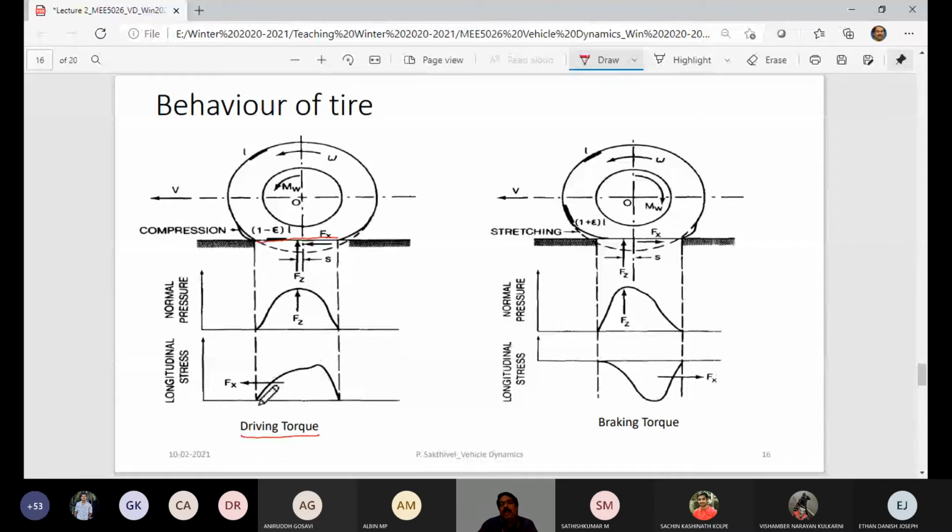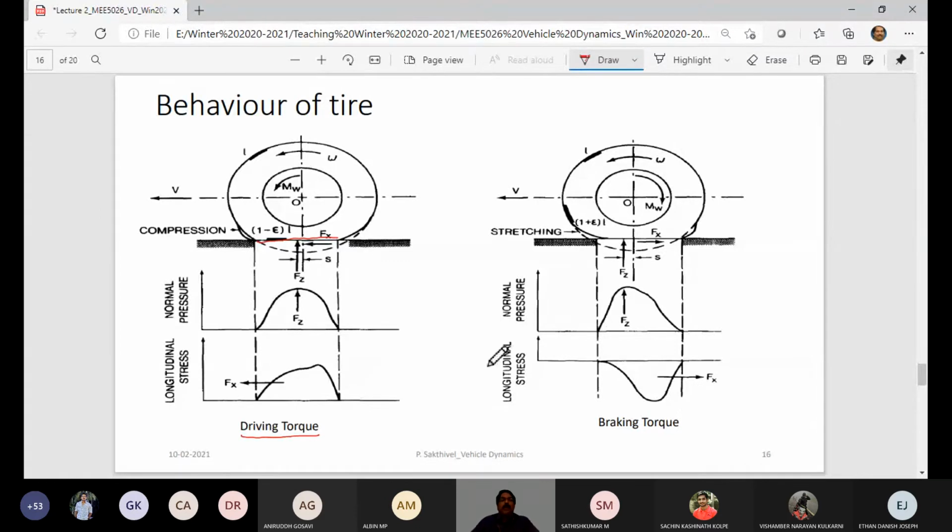The same applies on the other hand when you apply braking torque; you have all these terms defined just now. And the normal load is more skewed than this, and you look at your braking force, it is swapped like this, and here it is on the negative side because it's braking.